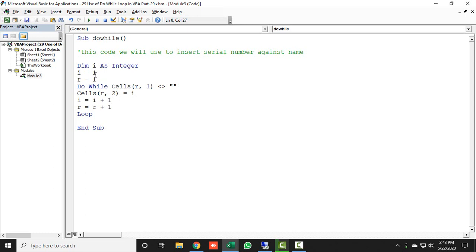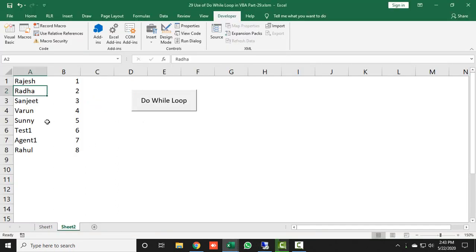Last time the value of I was 1, and it will add 1 to the value of I, so it will write 2. This code will run until it does not get any blank cell. Till then this code will run. That's why the serial number is generating automatically.